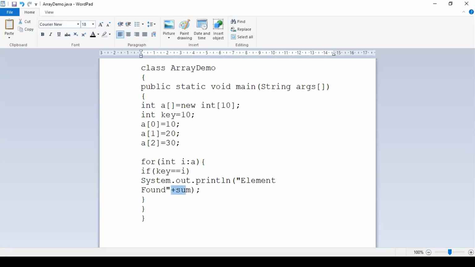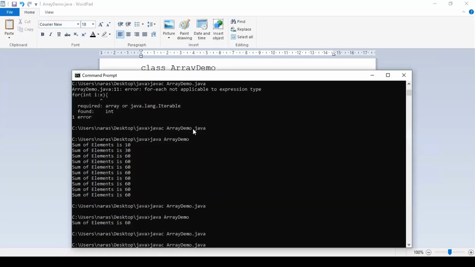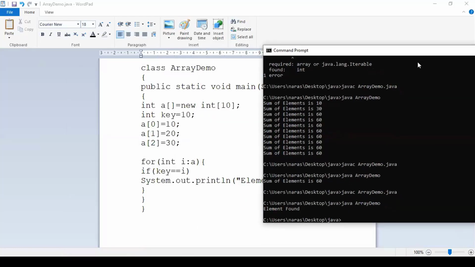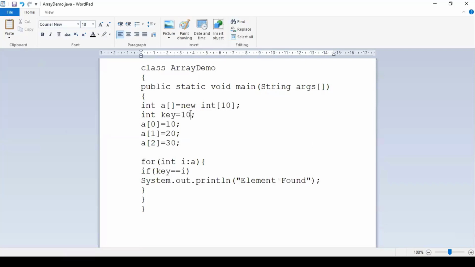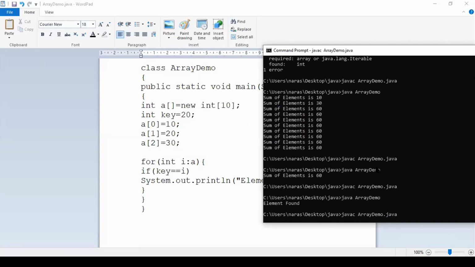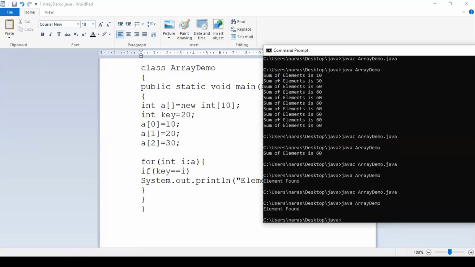I don't have a sum variable used. Done. Let me change this 10 to 20. Element found.